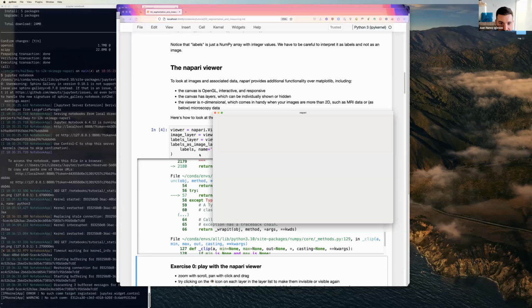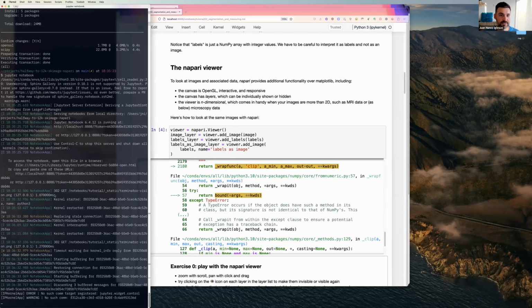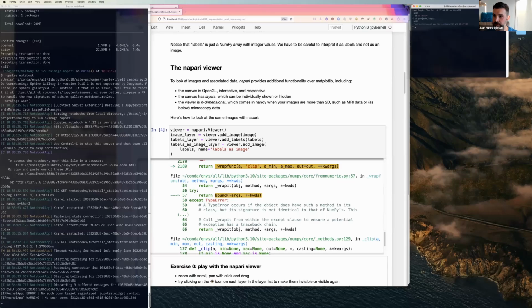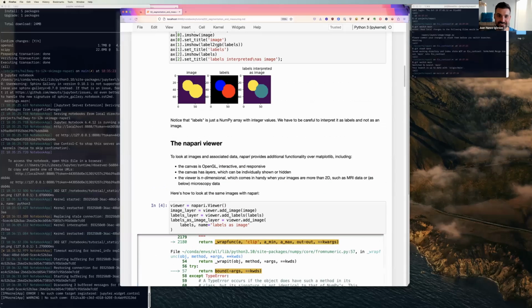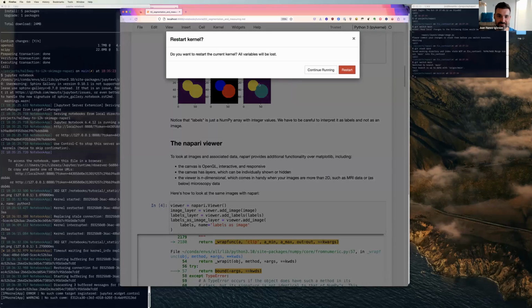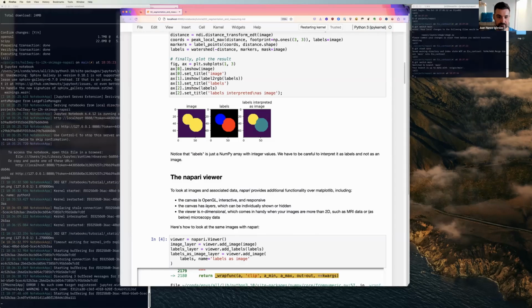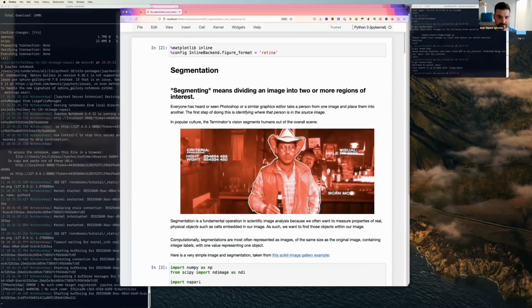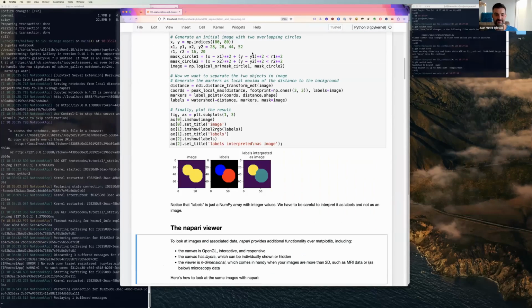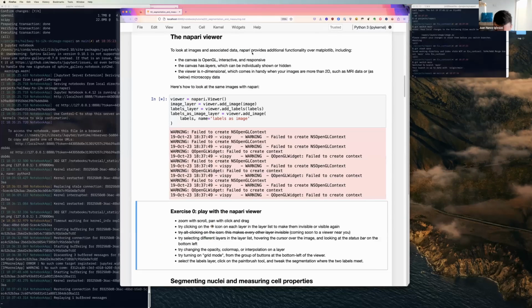I think this one I can fix. Okay. Kernel. Restart. Yes. Okay, so